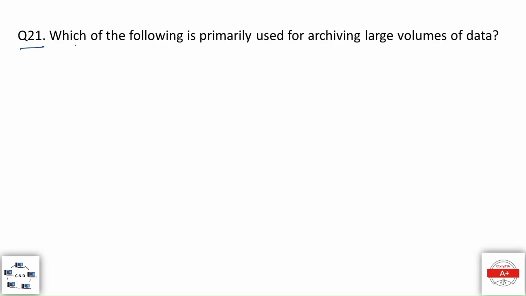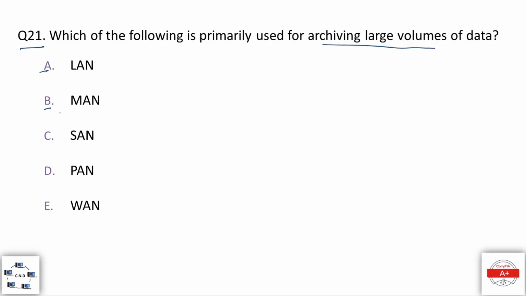Question number 21. Which of the following is primarily used for archiving large volumes of data? The options are option A, LAN, that is local area network. Option B, MAN, that is metropolitan area network. Option C, SAN, that is storage area network. Option D, PAN, that is personal area network. And option E, WAN, that is wired area network. And the correct option is,